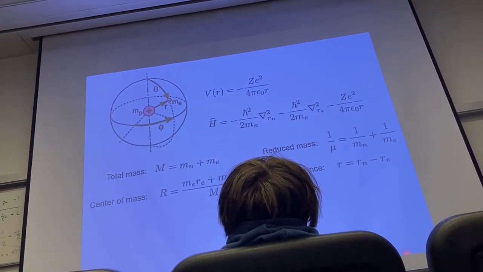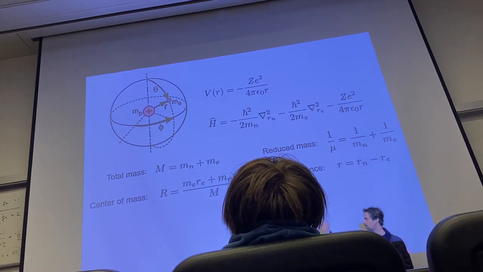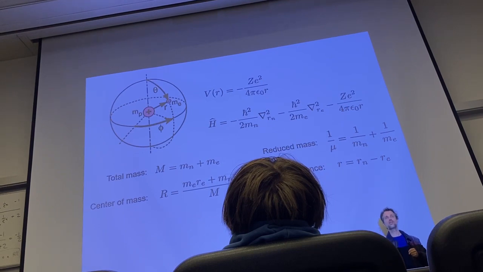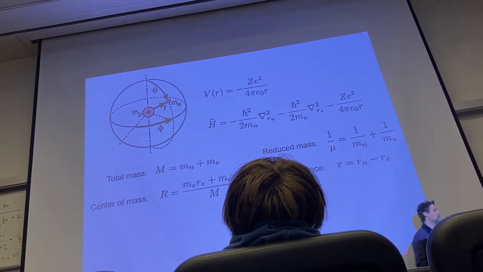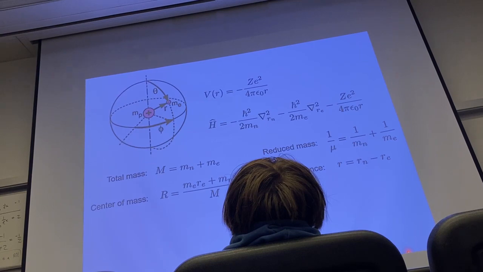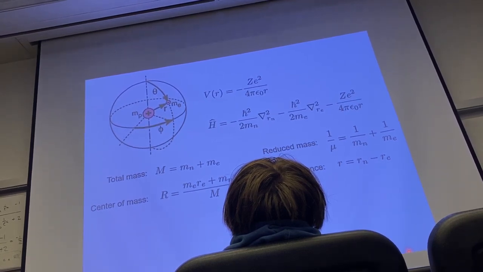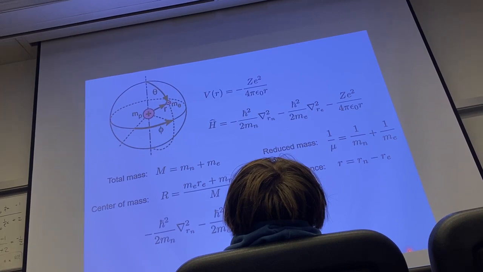So I have 2 coordinate systems. One of them is a system as a whole on the left. The second one is basically the relative motion of the electron around the nucleus. This is the part that I want. And so what I'm trying to do now is taking this Hamiltonian and writing it in terms of the reduced mass and the relative distance. And so what I can do is I can take this part, the kinetic energy. The kinetic energy part is of relevance because the last part, potential energy, already depends on this R, which is relevant. Good, that's taken care of. So the kinetic